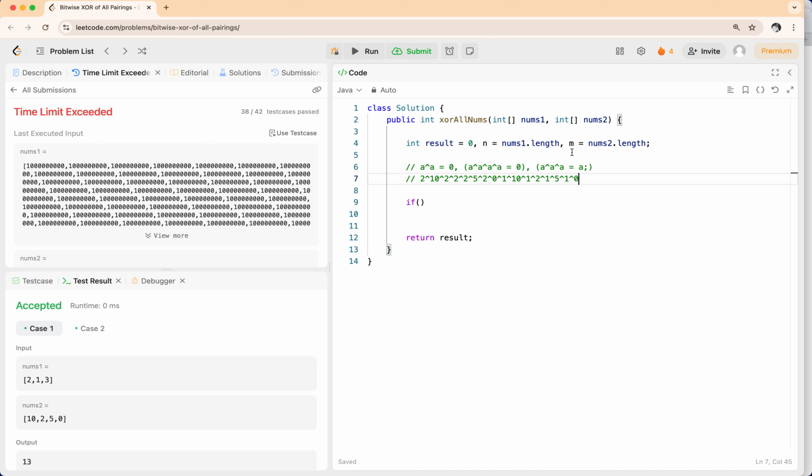So see, in this 2 is occurring here, 2 is occurring here, and 2 is occurring